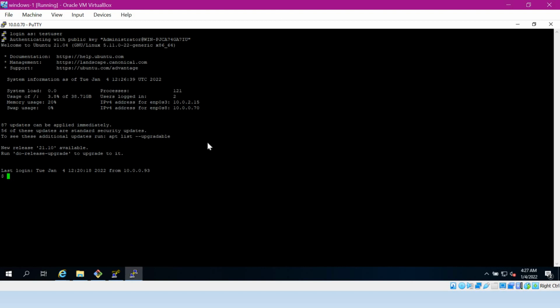So in this session, what exactly have we performed? We have generated a private key and public key inside the Linux client, and we have copied the public key to the server, and we have verified the connection from the Linux client to the SSH server. We have also done the similar thing using Git Bash in the Windows client. And we have also generated a .ppk file using PuTTYgen, and we have used PuTTY to connect to the server without any password.